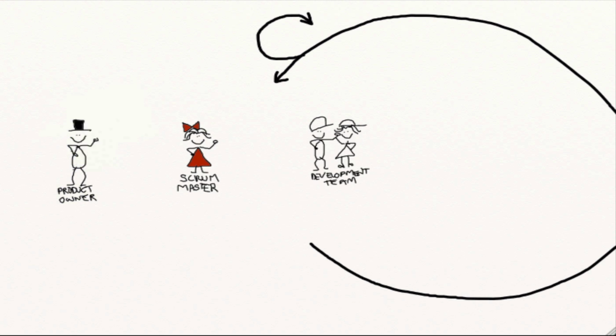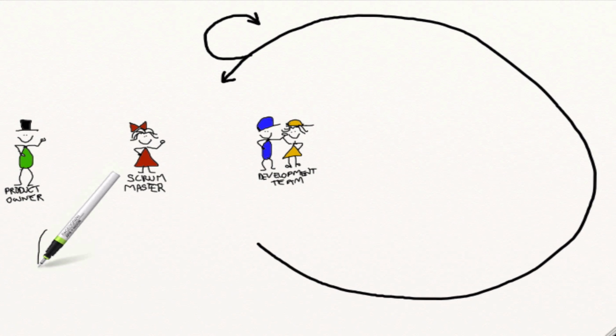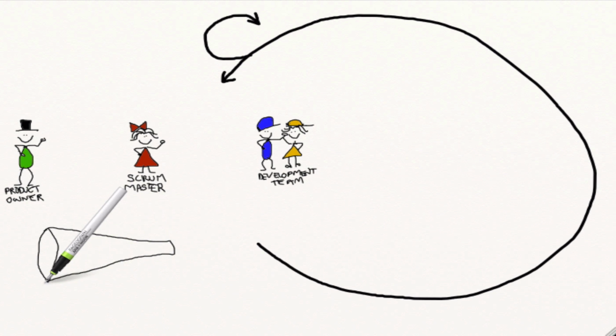Let's move on to the artifacts and the events. In Scrum, the requirement catalog is called a product backlog. This is one of the most important artifacts in Scrum. I've drawn it like a funnel, quite heavily inspired by Henrik Kniberg's presentation on product ownership in a nutshell, which is an absolutely must-see video. I'll put a link at the end of the presentation, so if you haven't seen it,